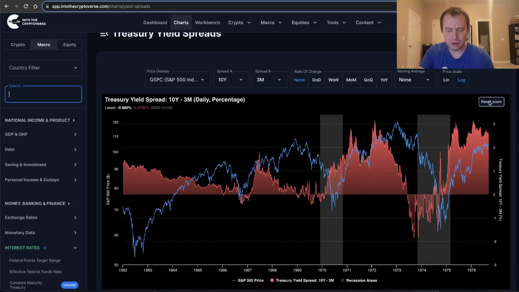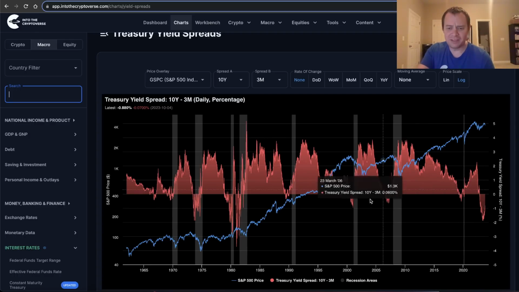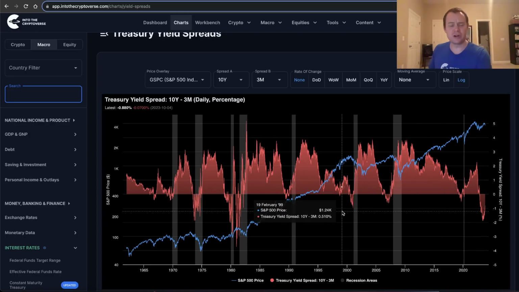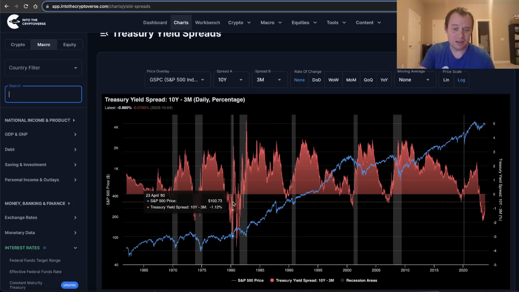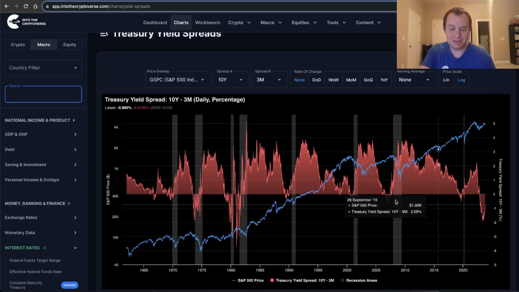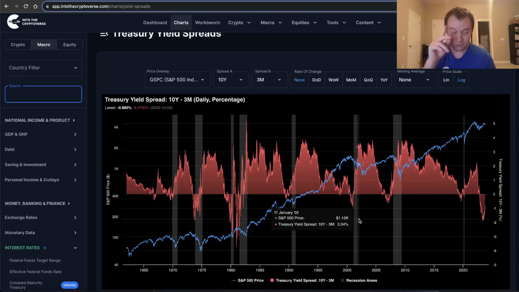And this is why I've said before, right? In recent history, the recession normally occurs after the uninversion of the yield curve. But we know that in periods of high inflation, the recession could occur while the yield curve is still inverted. And the reason being that the Fed's reaction function is a lot different. They might not be as quick to pivot as they have for the last few business cycles, simply because inflation is more of a factor this business cycle than it was for the last few business cycles.